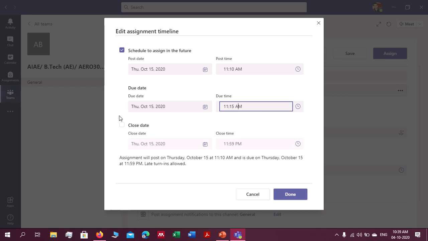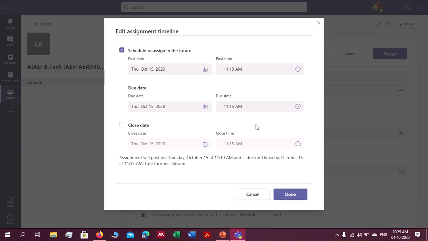Okay, then there is a close time. If you pick this close time, then none of the students can submit their quiz after this close date. If I am putting 11:15, then there is no submission for the student. If you want to give extra time, like 2, 4, 5 minutes for submission after due time, then you can simply put it here, I am just giving 1 minute. If you do not tick this, then they can submit their assignment at 11:15, above 11:15 time, at 11:20 also.